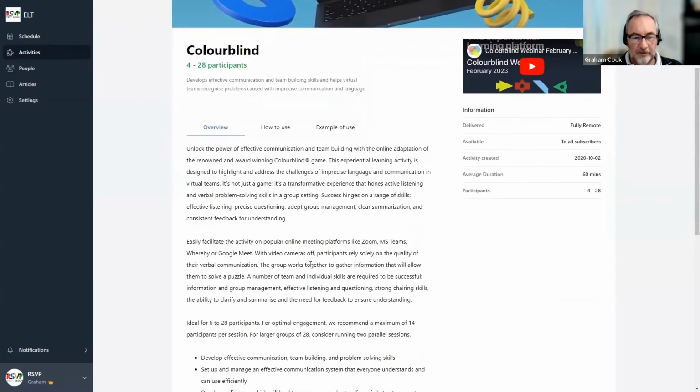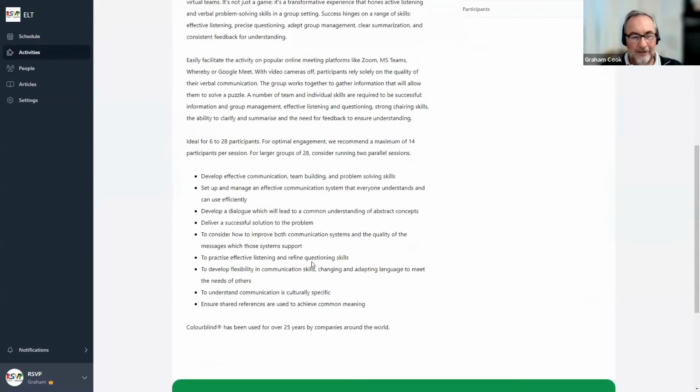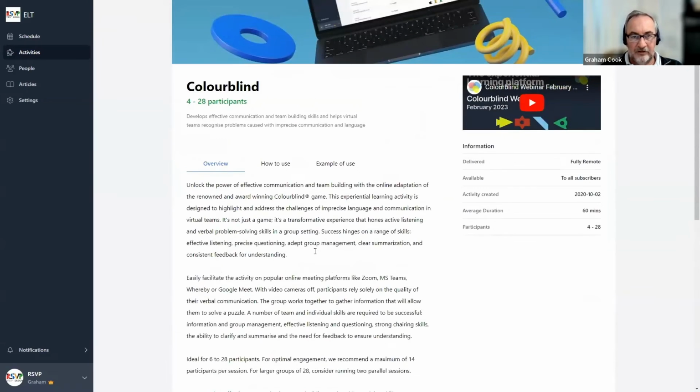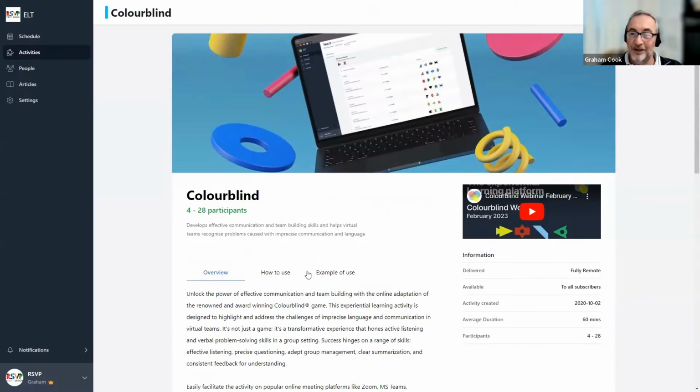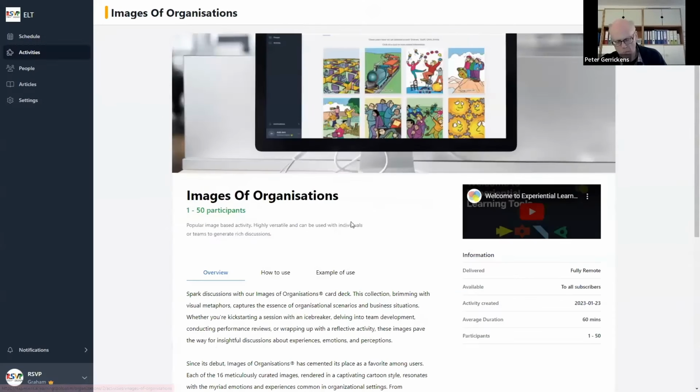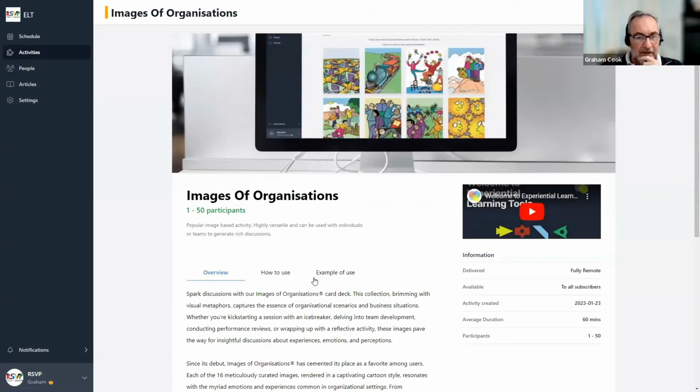And if you know colorblind, this works in a very similar way. The briefing is identical. I started off with a complete set of plastic shapes. I removed, sorry, not plastic shapes in this case, images of shapes. I removed 2 from the set. Your job is to tell me the colour and the shape of the 2 missing pieces. And again, if you're interested in colorblind, we do have other full webinars just on individual products, that being one of them. Images of organisations, briefly, again, is another